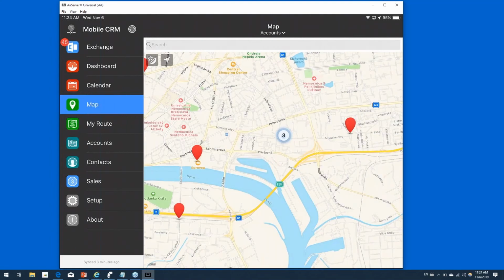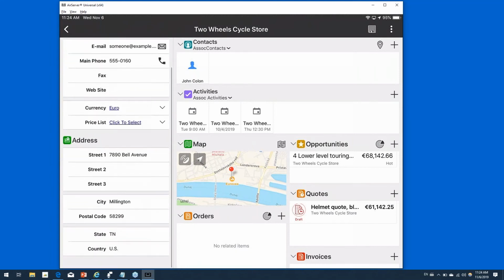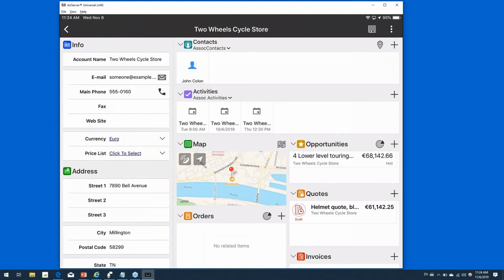By clicking on these little colored pins, I can very easily access additional information on those accounts, and by clicking on the little information icon, I can access a much more focused screen where I see all of the additional information, all of the associated entities in a form view. So I can see, on the left side here, the account name, the email, the main